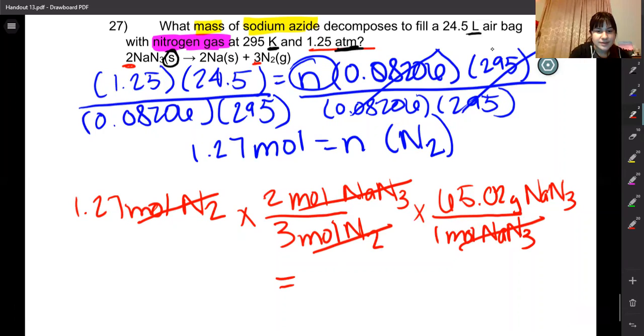So now you're going to calculator again. If putting everything all in at once just isn't working for you, don't try and force it. I spent a really long time getting questions wrong because I kept doing that. So the way that I would type this into my calculator personally is I would go 1.27 times 2 and then enter or equals. I have a Casio, so mine is execute. And then I'll take that answer times 65.02. And then I'll take that divided by 3. And I get